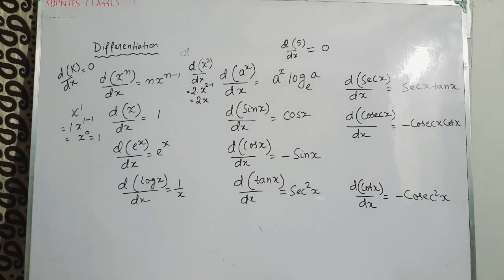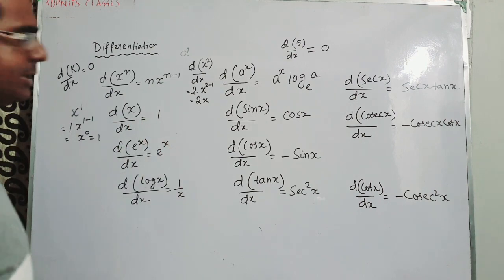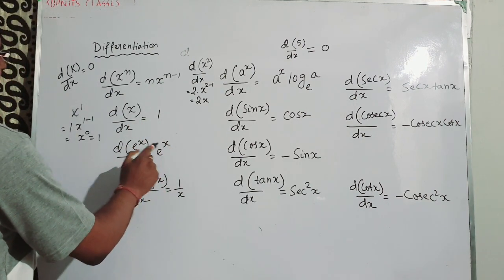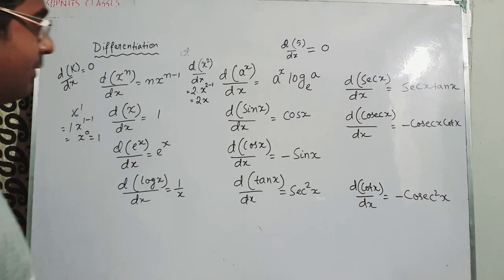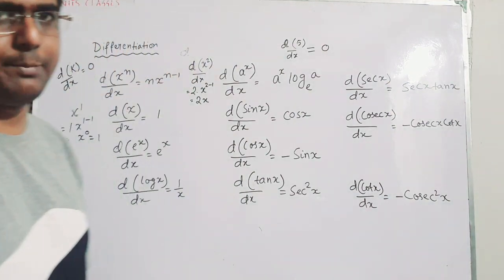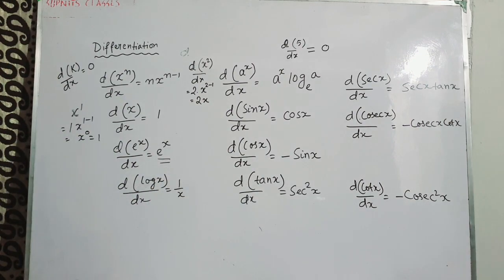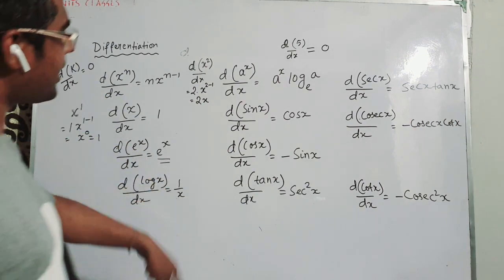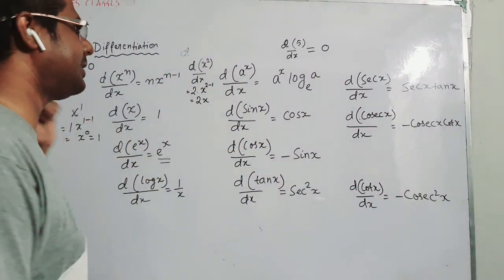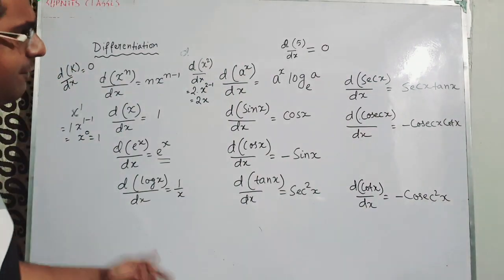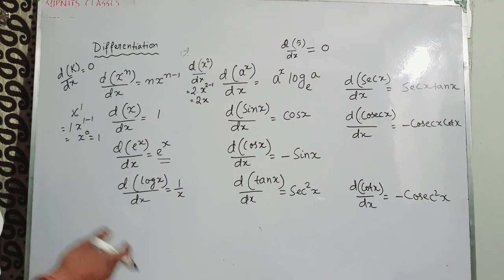Clear guys? Another important one is d e to the power x, where e is the natural exponential. This will be required in your higher logarithms, very important. So e to the power x will be the same; it doesn't change. The detailed derivation of why this comes will be dealt with in the maths class. There is a whole chapter of limits and continuity, differentiation from first principle, and all those things. So at this moment, yes, you have to remember all these things.